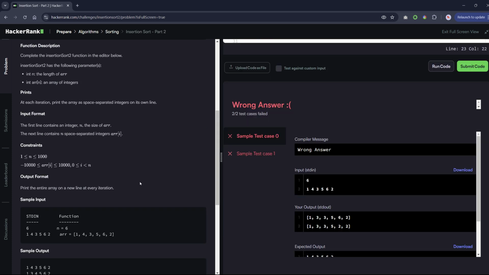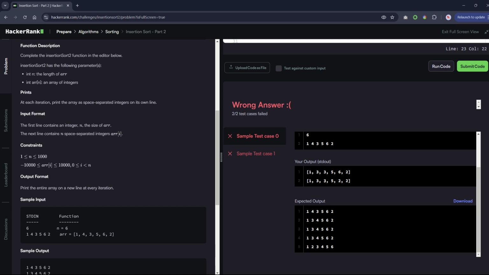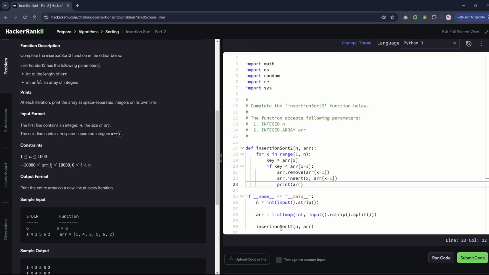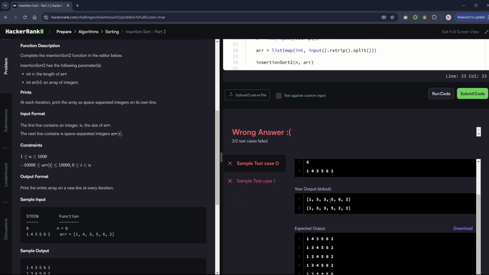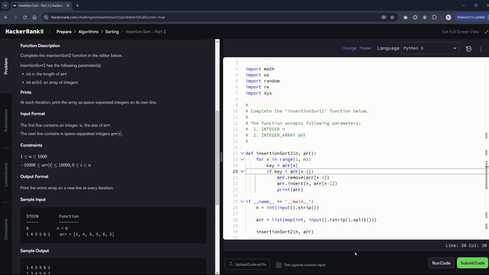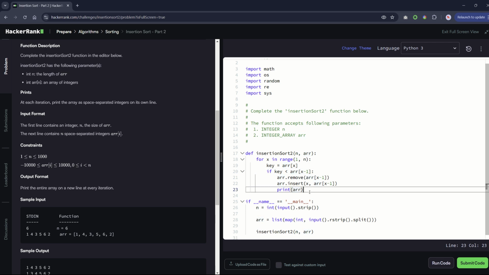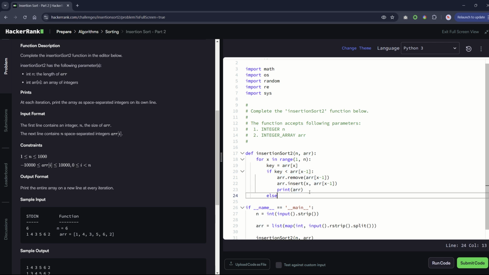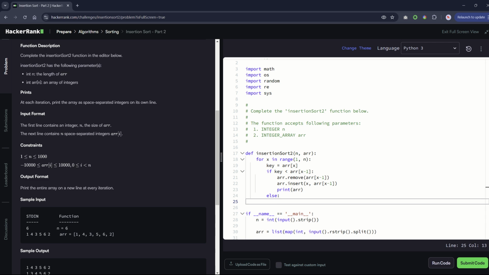There should be no output because it wants us to print. Else